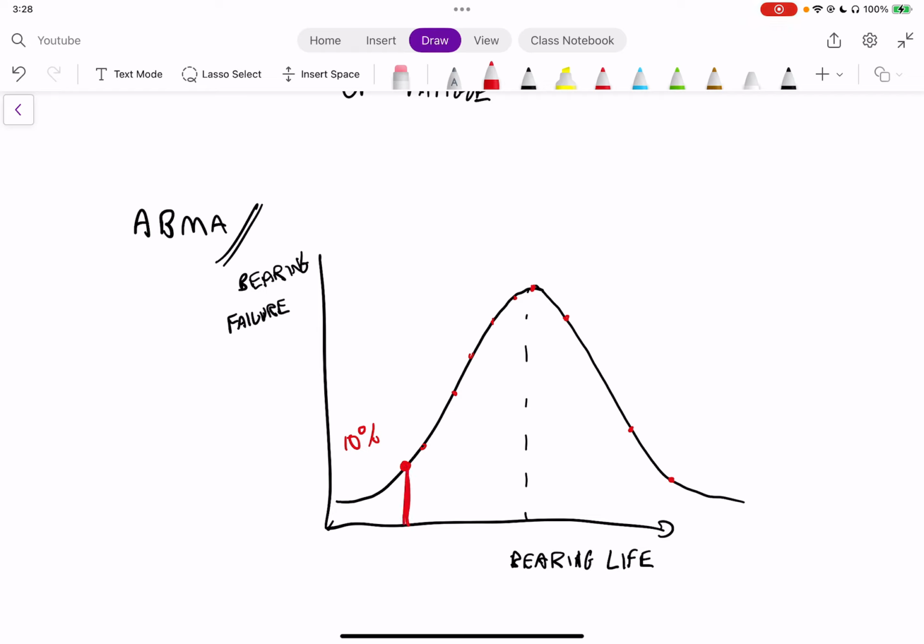So before this point, 10% of the bearings would fail. So in this area, we have 10%, and in this area, we have 90% of the bearings. So what we can say is that the bearing life will be this amount of hours. So for example, this point could be 10,000 hours. So we can say that the life of our bearing is going to be equal to 10,000 hours based on a reliability